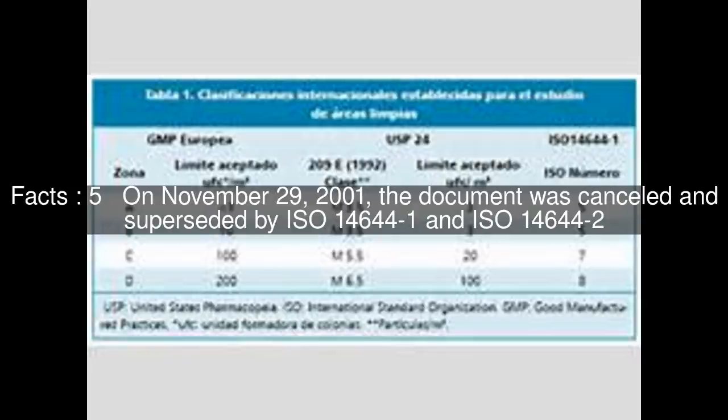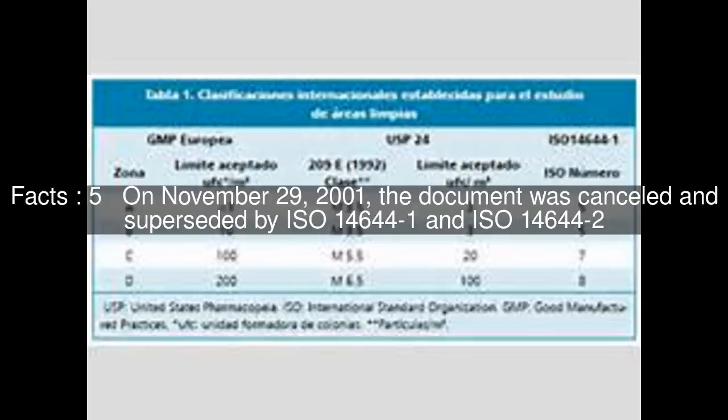ISO 14644 is now composed of ISO 14644-1, Classification of Air Cleanliness; ISO/DIS 14644-1.2, 2014, Classification of Air Cleanliness by Particle Concentration; ISO 14644-2, Specifications for Testing and Monitoring to Prove Continued Compliance with ISO 14644-1; ISO/DIS 14644-2.2, 2014, Monitoring to provide evidence of clean room performance related to air cleanliness by particle concentration;